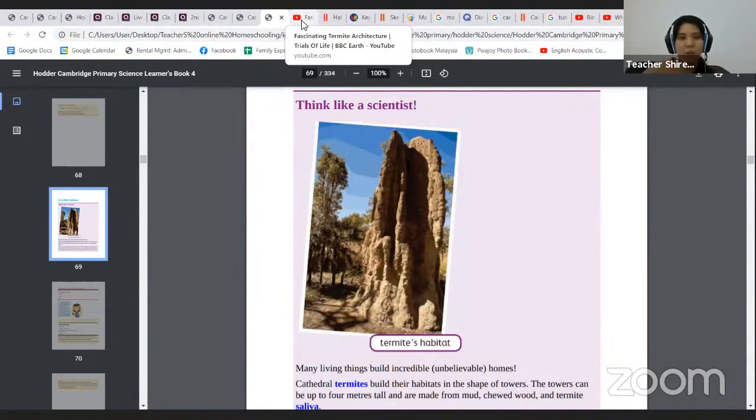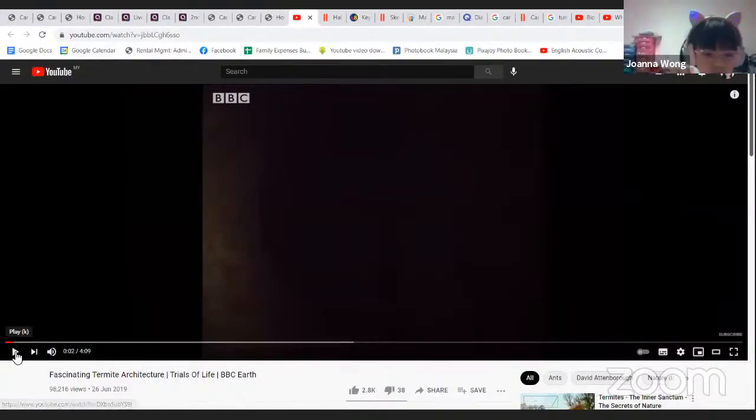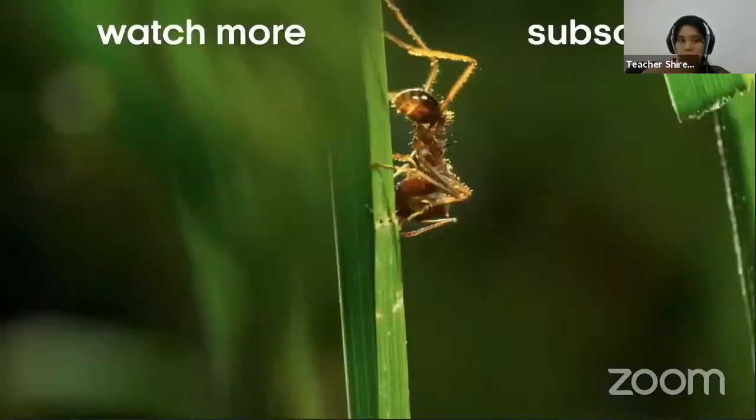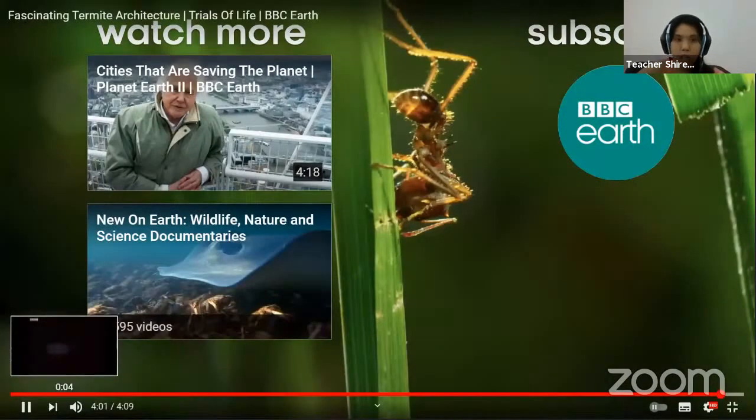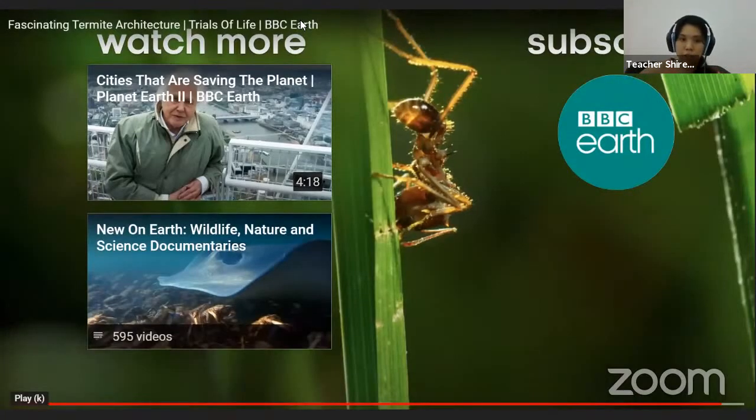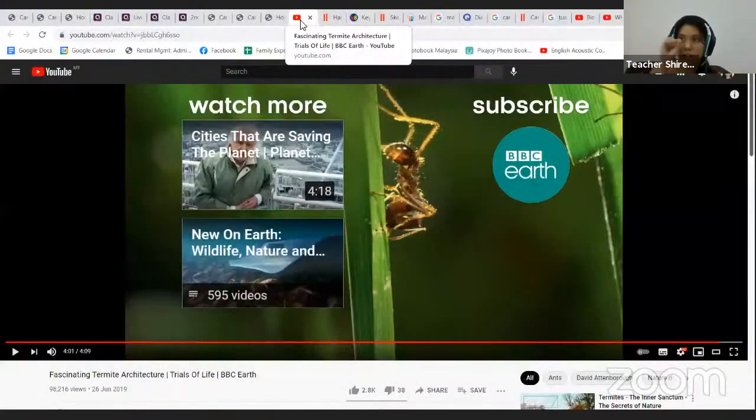So if your house has wood, they eat anywhere with wood. Like your kitchen cabinet, anything that is normally made of wood. So they love wood. They love to eat wood. Yes, that's their favorite. So let's see how they build that house. You see they don't need any tractor or anything. They can build such a high structure. You see the ants are so small, but they build so high, all using their own